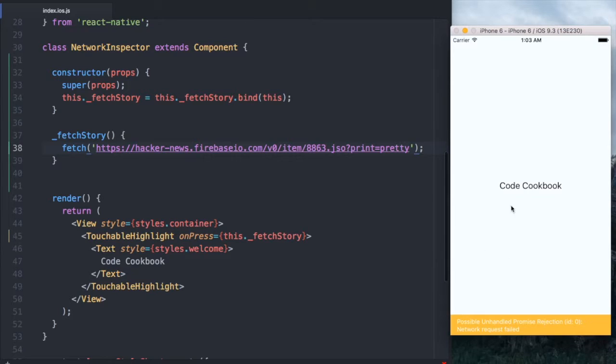So what I want to show you is how you can tweak the App Transport Security settings so that you can make network requests and keep developing your application. So let's go ahead and do that now. Actually, before I do that, I want to show you